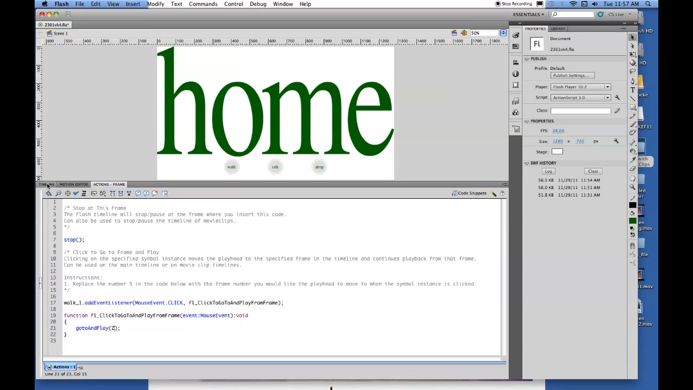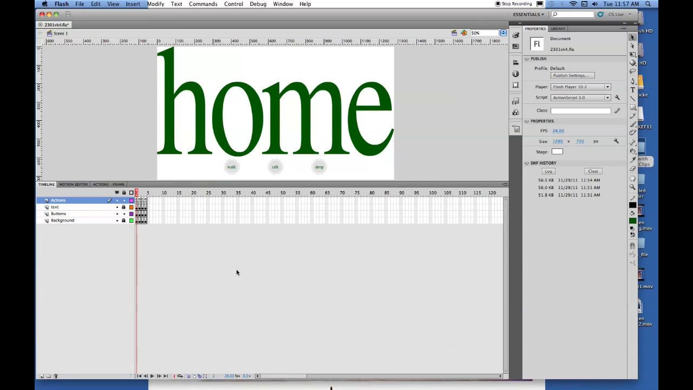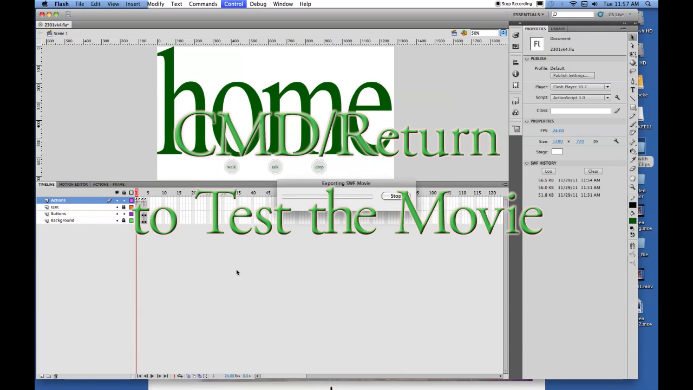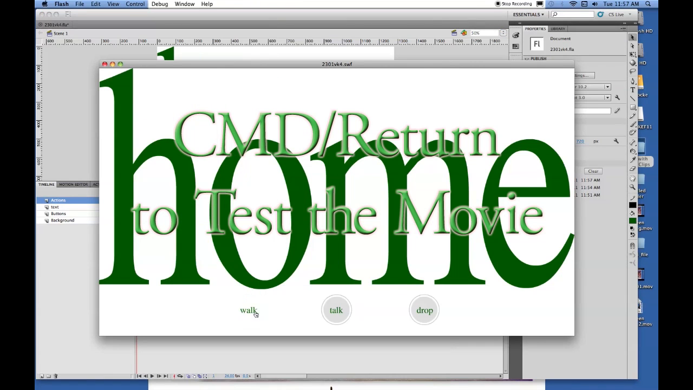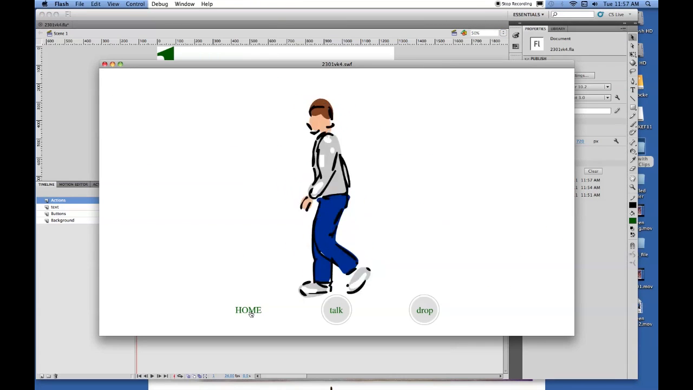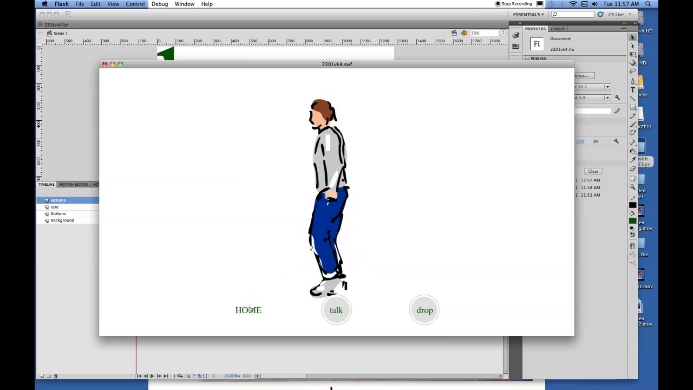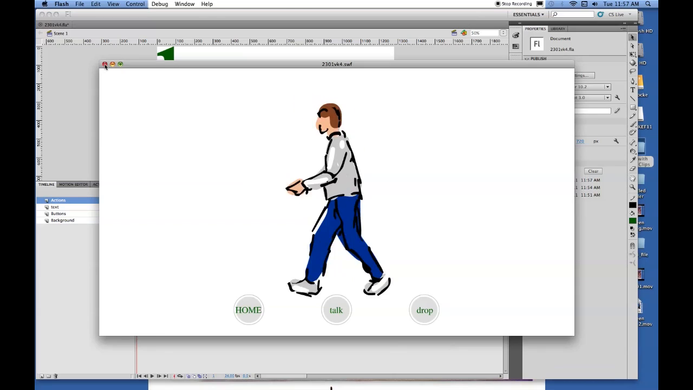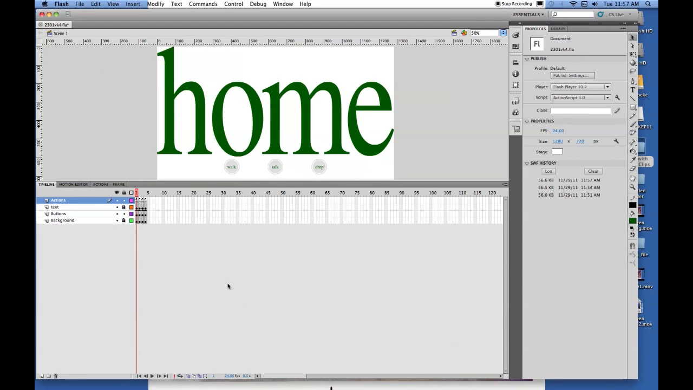Okay, so let's see if that works. So Command Return, and it works. The home doesn't work yet, but it will. Okay, now